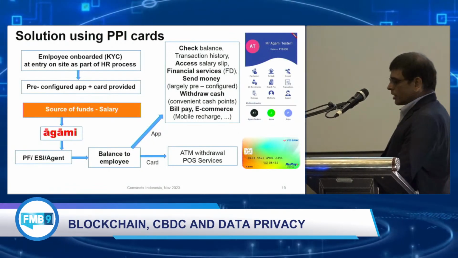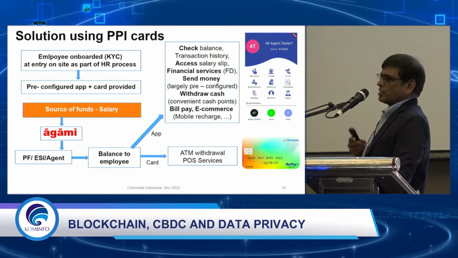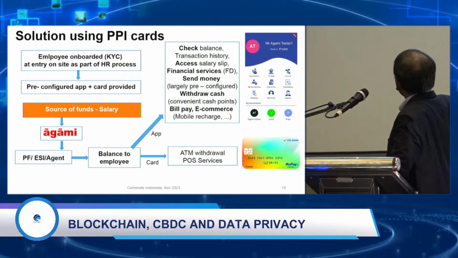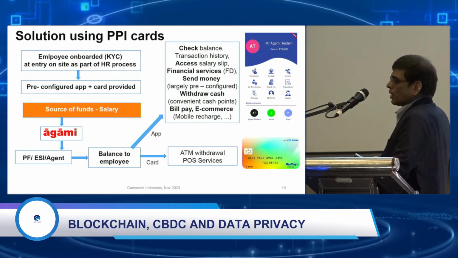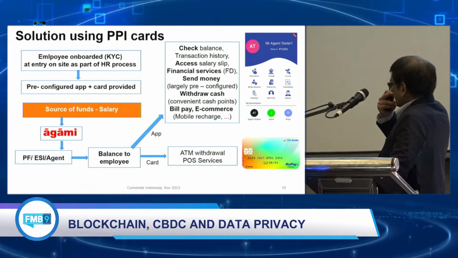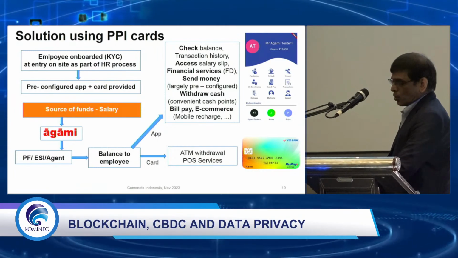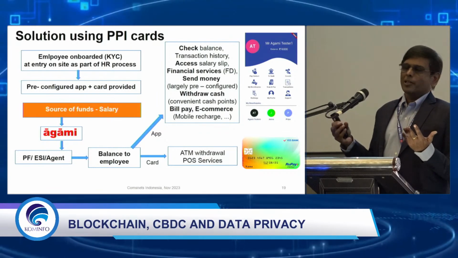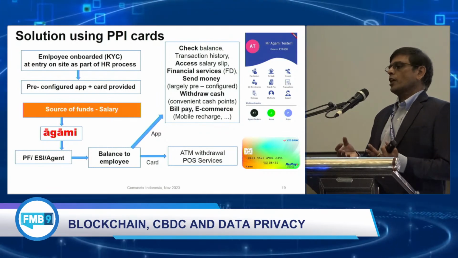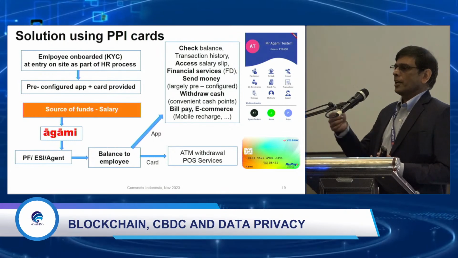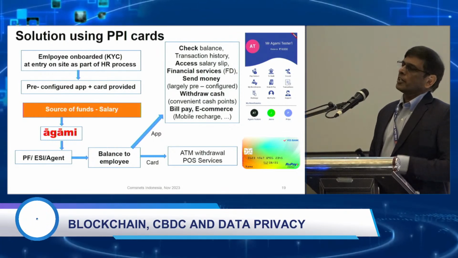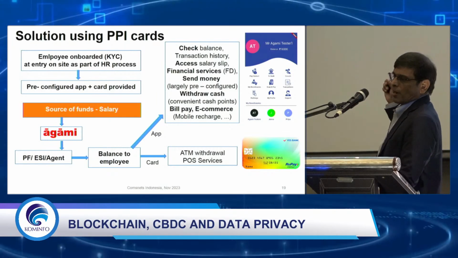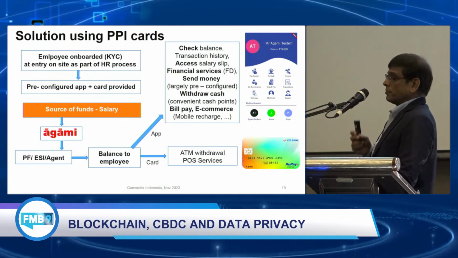So the solution that we came up with today, and it doesn't use CBDC because unfortunately CBDC is not allowed to be used by fintech companies, is something like this. So what we do is that we use India's biometric system, which is called Aadhaar, to enroll or onboard an employee. So we have a mobile phone which is connected to a biometric device. So we go to the factory floor where when a new worker is coming in, he just puts his fingerprint, it goes to the Aadhaar database, retrieves his records, and we're able to enroll that person into a bank, into our system, into the bank.